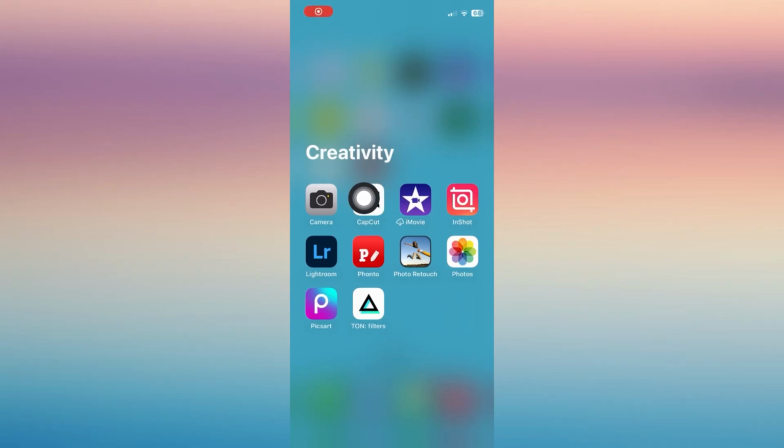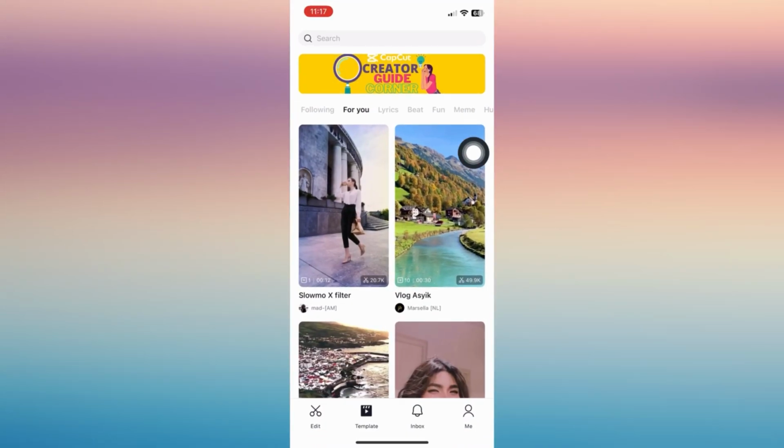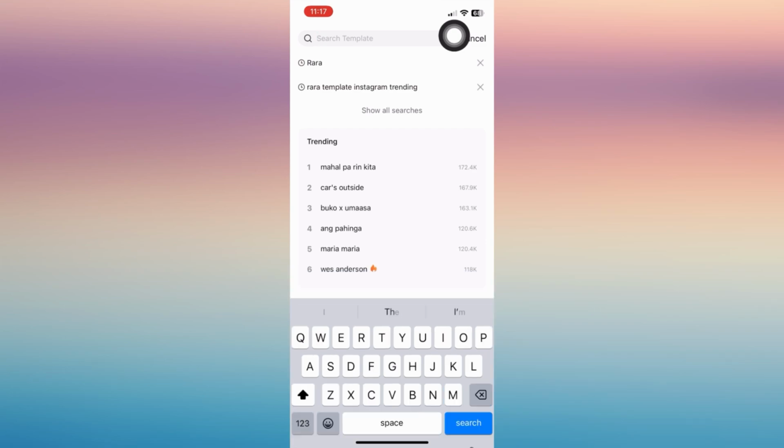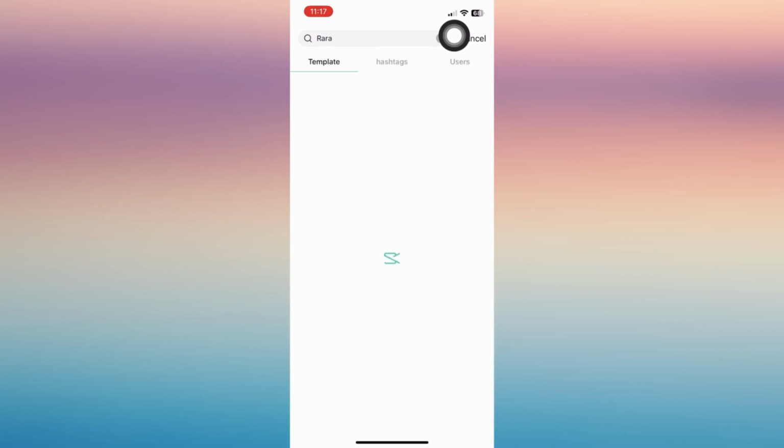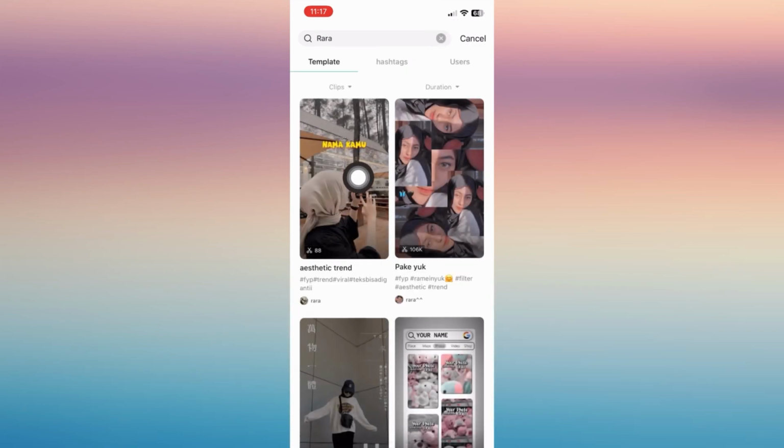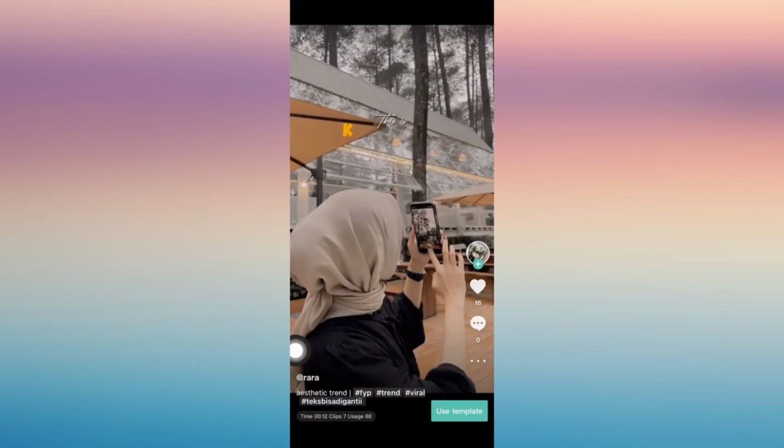Hi guys, I'm going to show you how to edit new trending videos on Instagram. First, you have to download CapCut on your phone. So after that, on the search bar, type Rara. So this is the username that we are looking for, at Rara, and then you can tap on use template